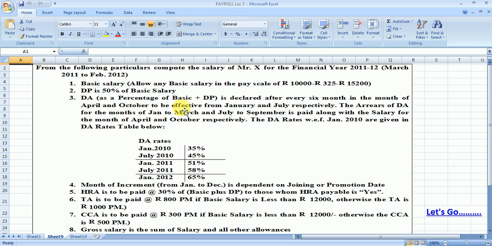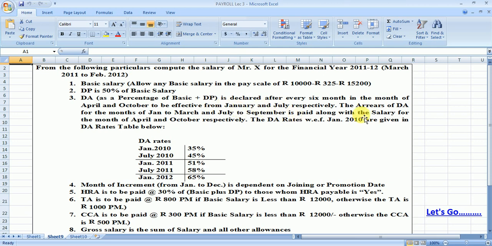DA as a percentage of basic plus DP is declared after every 6 months, in the months of April and October, and is to be effective from January and July respectively. So in this question DA has been declared after every 6 months, in April and October, but it should be paid effectively from January and July.